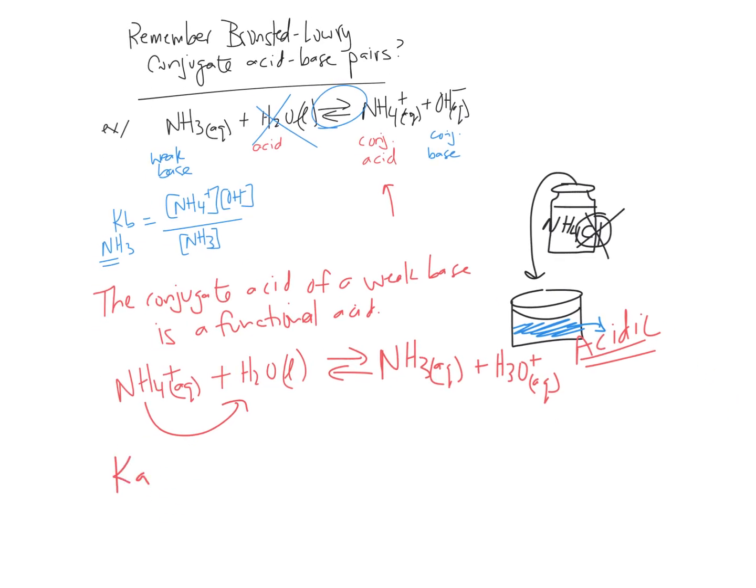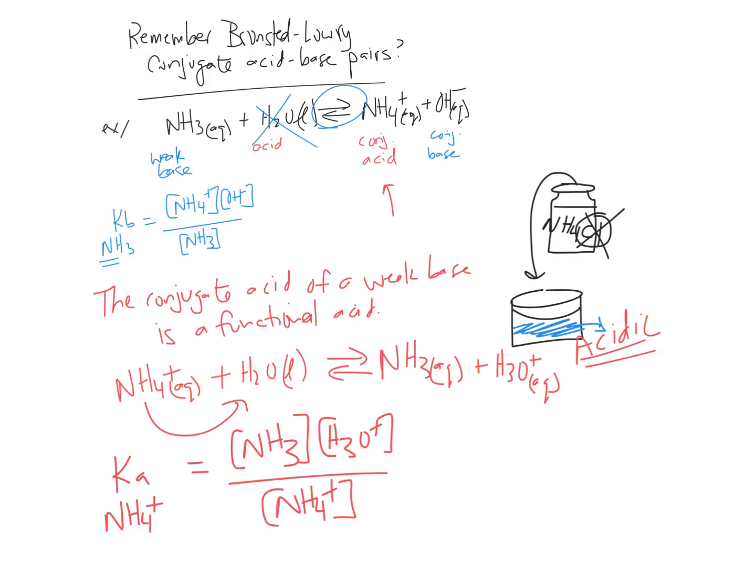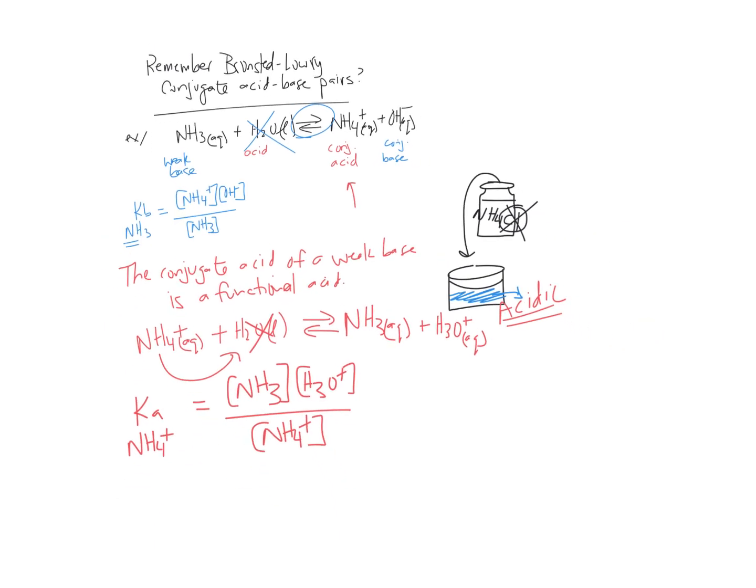Let's make the Ka for NH4 plus as an acid. What's that look like? Well, follow the rules. You've got NH3 concentration, you've got H3O plus concentration, and it's all divided by the original acid. We don't include water, of course, okay? What happens then